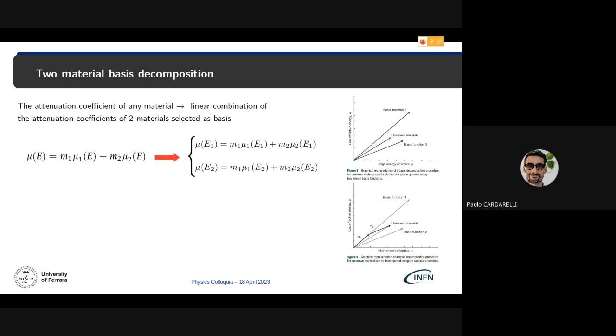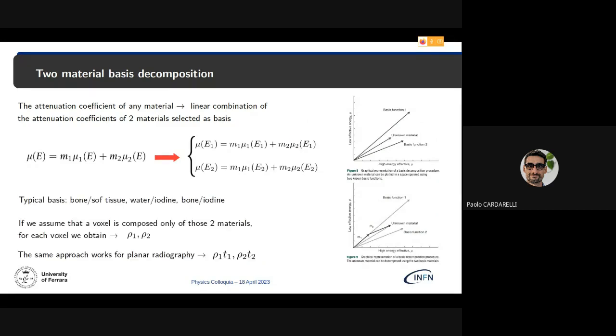If we do so, and we acquire again two images at two different energies, what we can obtain is, for the two bases that we have chosen, for example bone or tissue, or water or iodine, different combinations, N1 and N2, which are the fractions in that voxel of the first material and the second material. Okay? If we assume, and often this is true, that in that voxel we have a composition of just the two materials that we are considering,